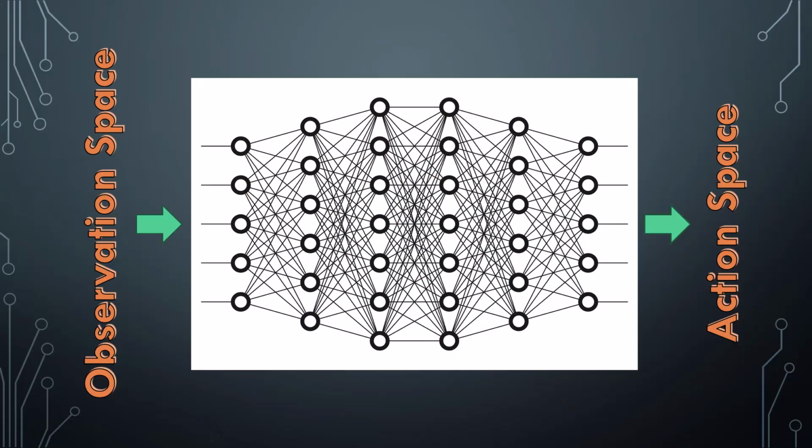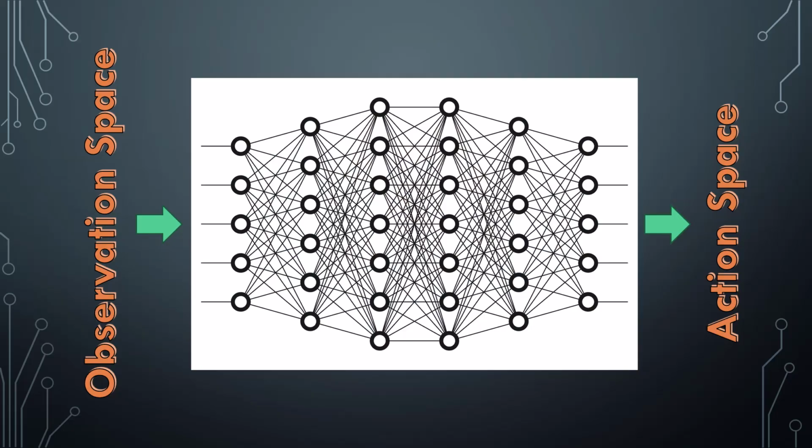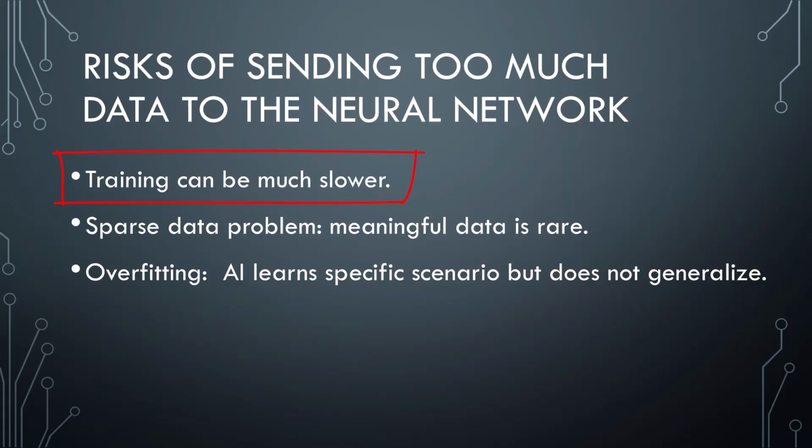There is a trade-off for these raycast senses in that each projected ray and each object tag corresponds to a data input to the neural network. So, say we fire off 20 vision rays, each detecting one of 3 object types. That corresponds to 60 data inputs to the network. We could have lots and lots of rays detecting all kinds of objects, but there are disadvantages to sending more data than we need to the neural network. Training can be much slower.